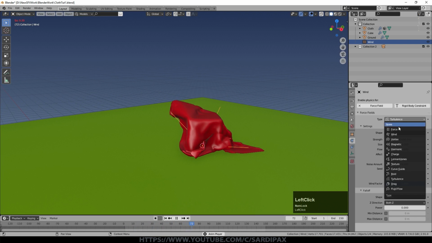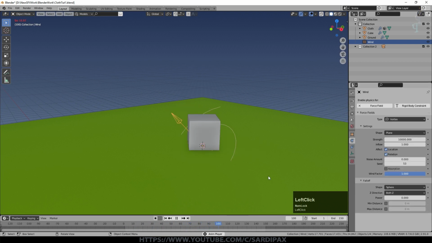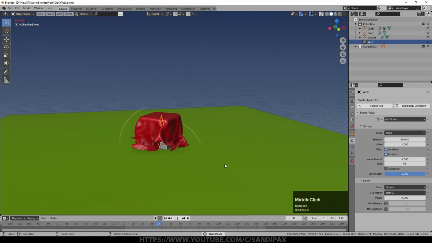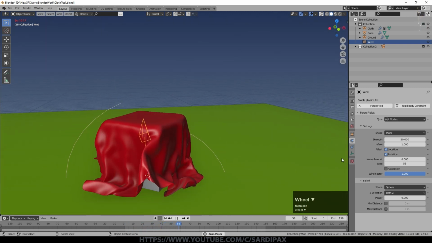And we can change it to other forces as well. That's obviously way too high for this particular force. You will need to find the value that works, and clearly the vortex force is quite a strong force. There, even at 50, the vortex force is starting to crumple the material in.